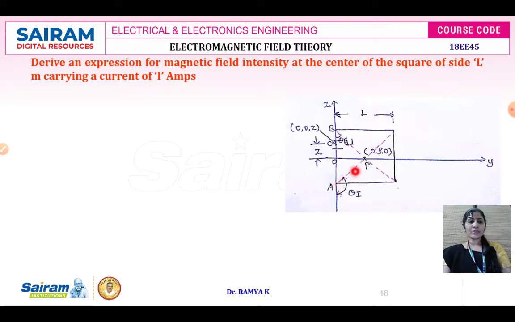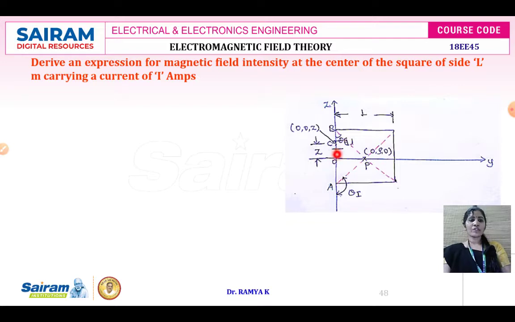From the starting point of the conductor to the point under consideration, the angle made is theta i. That is, from here if you see, it is the starting point of your conductor. From here, if you see the point, then this is the angle. Theta i is the angle made from one end of the conductor to the point under consideration. To the finishing point of the conductor from the point under consideration, the angle made is theta f. Consider the differential current element at point C, which is at a distance of z meter from the origin.